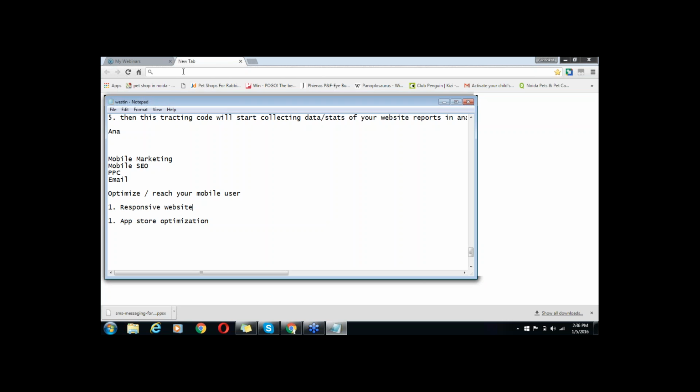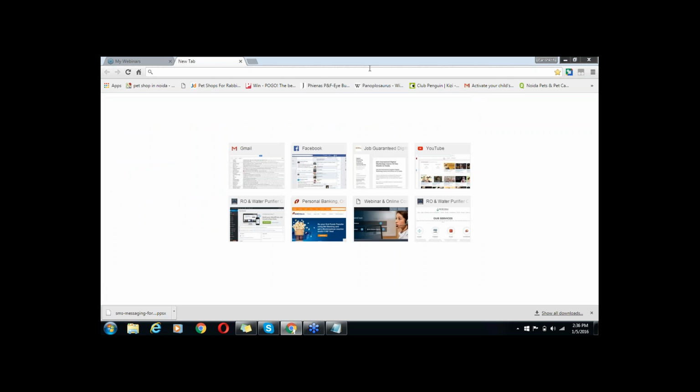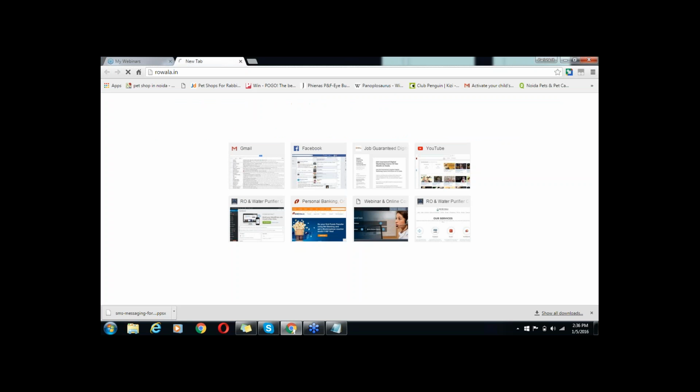For example, let's suppose we have taken the example of Arowala. We would like to see whether that Arowala is mobile friendly or not, or is responsive or not. Let's suppose this website is arowala.in, and right now I'm opening this website in the web browser.